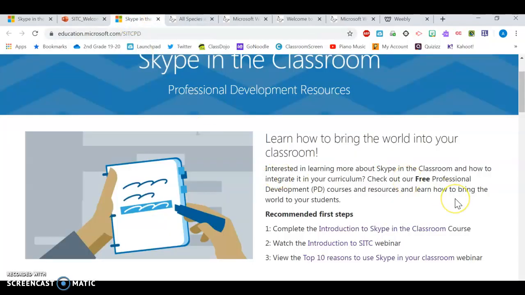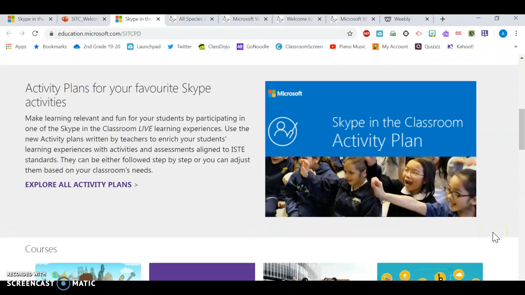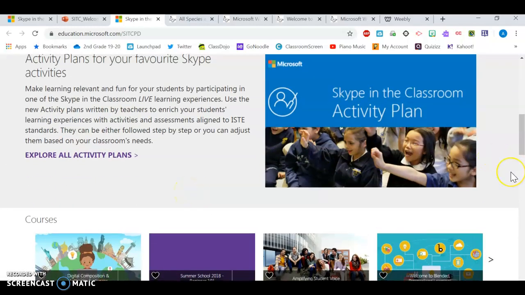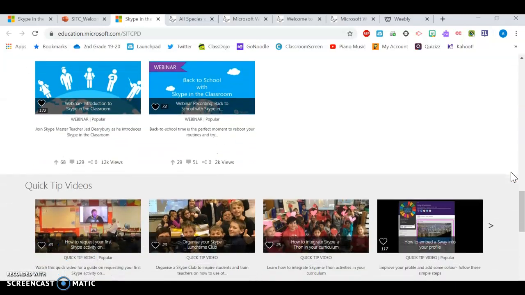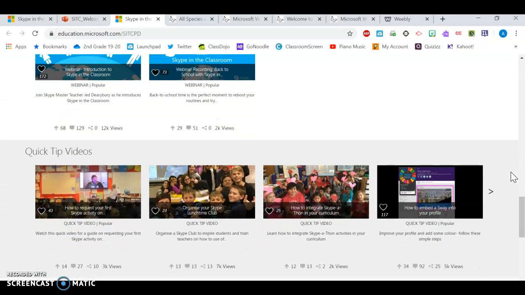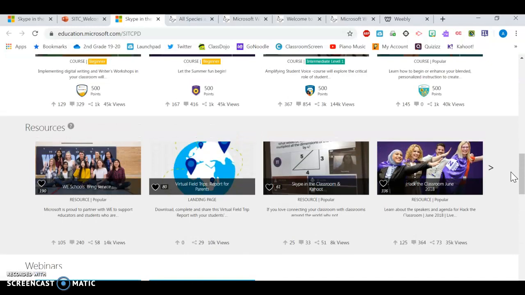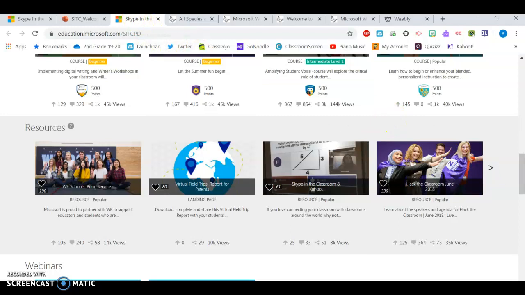Skype in the Classroom has 3 first steps for recommendation, such as Introductory to Skype in the Classroom course, 10 reasons to use Skype in your classroom, as well as activity plans that could benefit your curriculum, and courses and resources that you can use to implement Skype in the Classroom effectively. I feel like this is an easy resource to implement